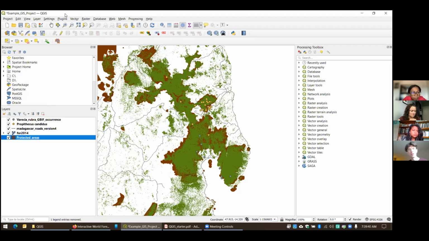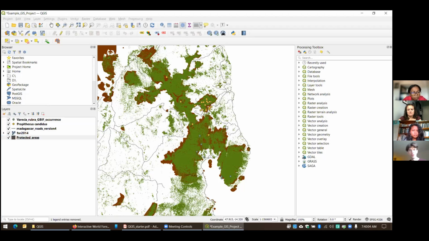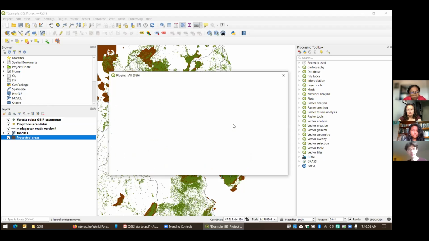So the first thing that you need to do, if you haven't done it already, is come up to the plugins menu. Come down to manage and install plugins. And you'll need to do this for every plugin that you want to install. Now, plugins are free, so they don't cost any money. They're just additional little features for the program that don't come with QGIS when you originally download it. So you just need to add them on.